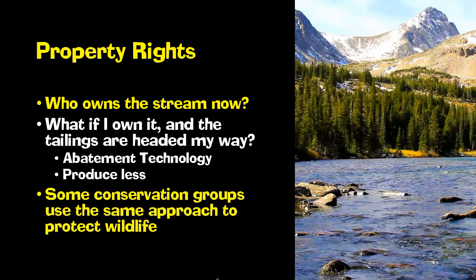Okay? There are conservation groups like World Wildlife Federation that do this. They go to Africa and they buy land that has elephants on it. Now the elephants belong to them essentially, and they can sue people who come and try to get their elephants. Okay? You can do the same thing if you want to protect a species in Louisiana that's on the Mississippi. You can buy land in Louisiana that's on the Mississippi, and then you have rights because you're a landowner. Okay? So it's not a bad idea.